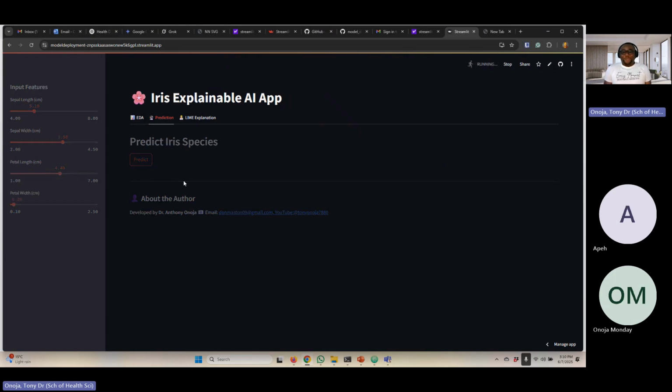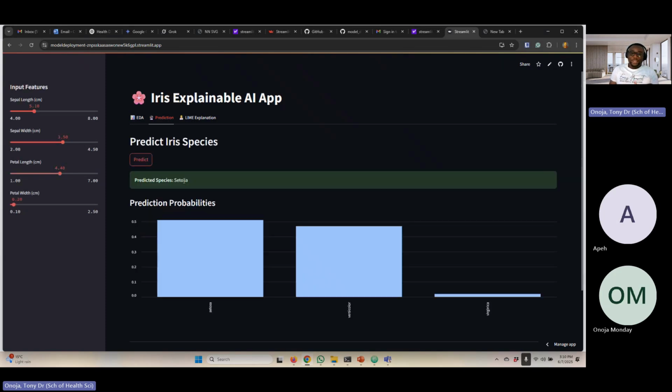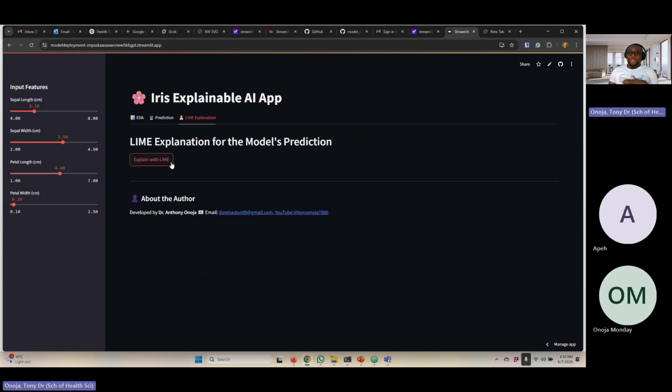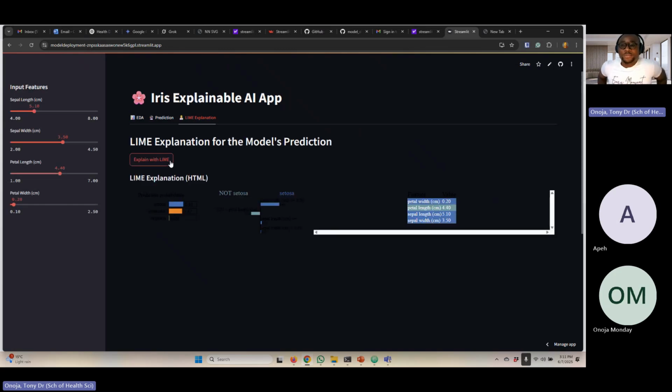So now I think with this we have come to the end of today's class. We also have other two or three apps that I wanted us to look at. The finance app, how you could detect fraud and all that. I would have loved us to create it, but not today because we're really running short of time. But probably in the next class we could look at that, and then other apps where you don't have to necessarily train the machine learning model before you create the app. We can also look at just normal visualizations. How do you create